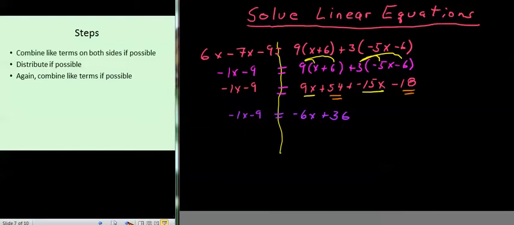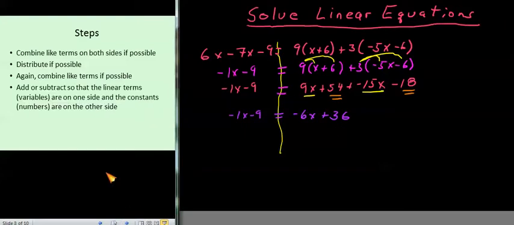All right, what's next? Add or subtract so that the linear terms, those with the variables, are on one side and the constants, the numbers, are on the other. So it doesn't matter which way you do it. In this case, I want to move my x term here to the other side of my line. All right? I'm choosing to put it on the left because if I add 6x to both sides,